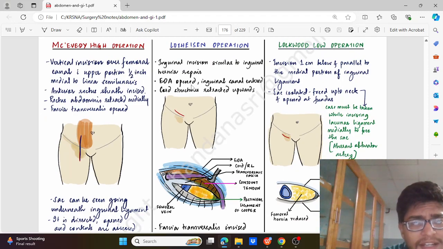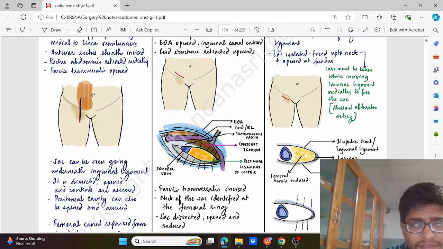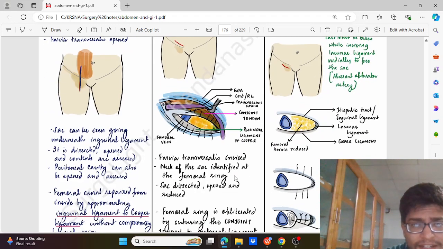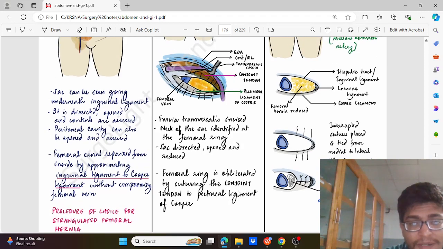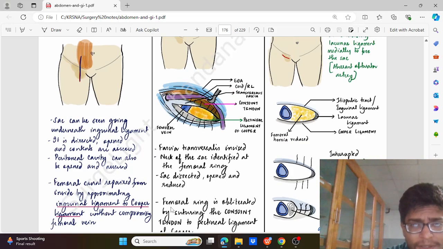The external oblique is opened, the inguinal canal is entered, and the cord is separated and retracted upwards. Then we open the fascia transversalis, and the neck of the sac is identified as in the diagram. The sac is dissected, opened and reduced. Then the femoral ring is obliterated by suturing the conjoint tendon to the pectineal ligament of Cooper. That is the anterior aspect of the conjoint tendon, which is part of the inguinal ligament, is sutured to the pectineal ligament of Cooper,